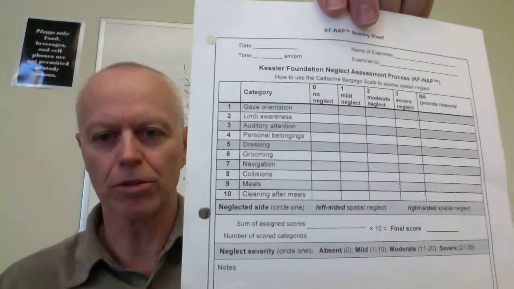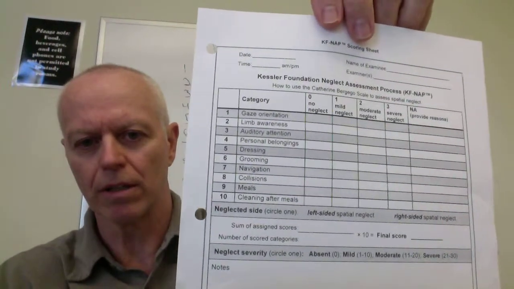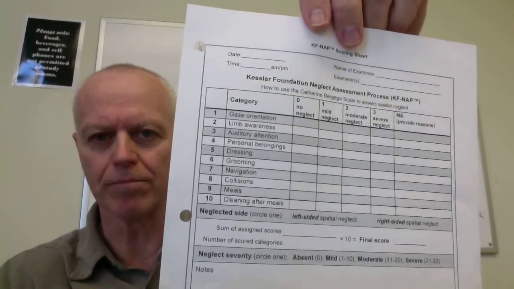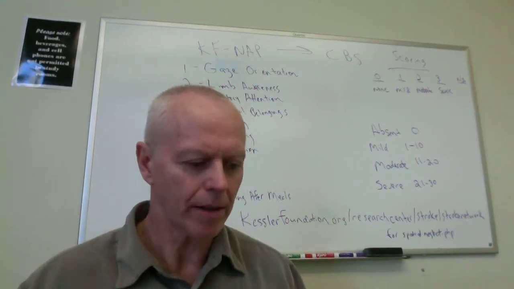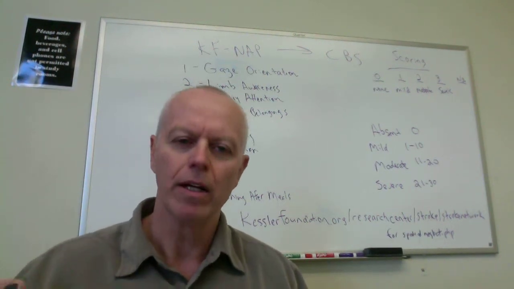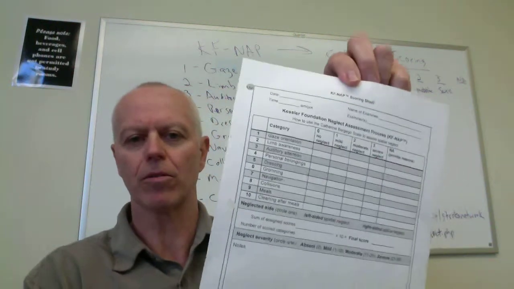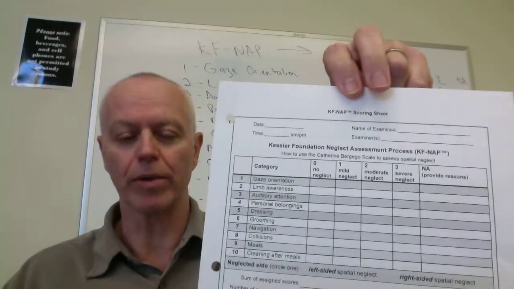So this is what the score sheet looks like. And you can see there in terms of severity, absent is 0, mild is 1 to 10, moderate is 11 to 20, and then severe is 21 to 30. The manual gives pointers and tips for doing this. For example, the subtests are suggested. It's suggested that one goes in order from gaze orientation